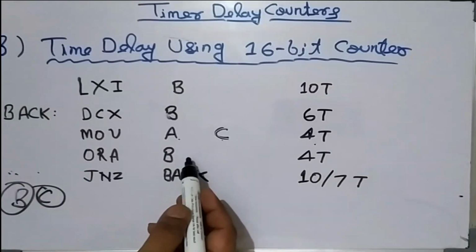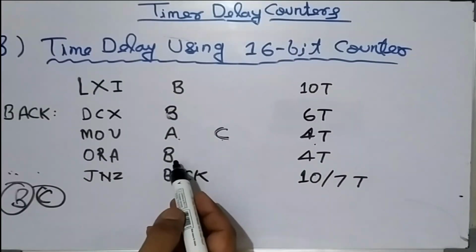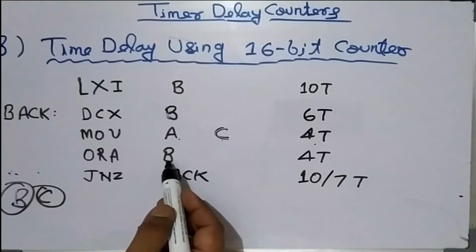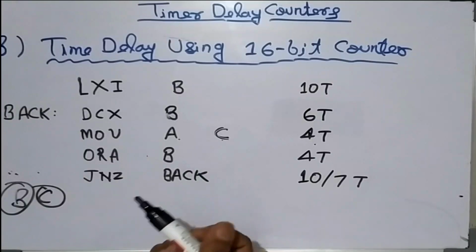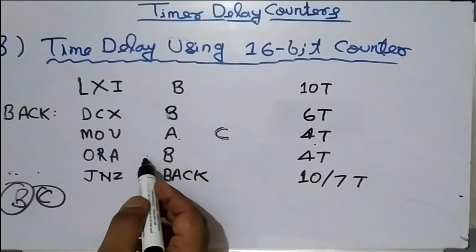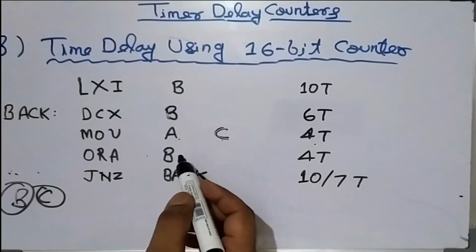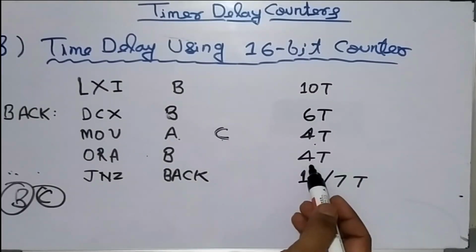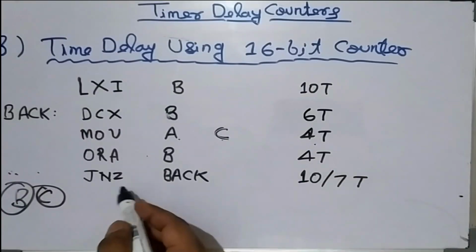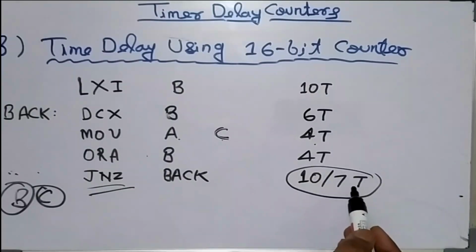ORA B: ORing between the contents of register A, meaning the accumulator, and B. There will be a logical OR operation between the two registers. Here A is the default, which is not shown, and B is the register shown. The two data will be ORed, and the result will be stored again in the accumulator, as defined earlier, since the accumulator is dedicated to storing results. Okay, after each instruction execution 4T states will be consumed here. And JNZ is a conditional jump instruction, and all the explanation will be as earlier.